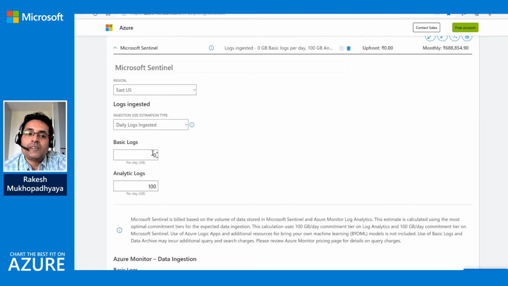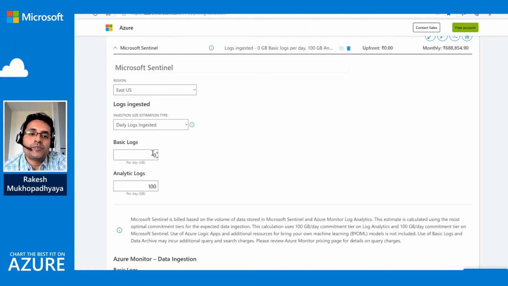And then what is analytics log? Analytics log is whatever we ingest into Sentinel by default; it qualifies as analytics log. Now what are the use cases for both these log types? As I said, basic log is a high volume of logs with no security value.